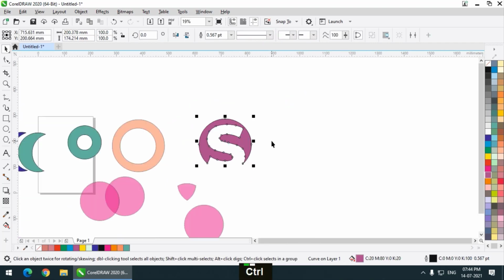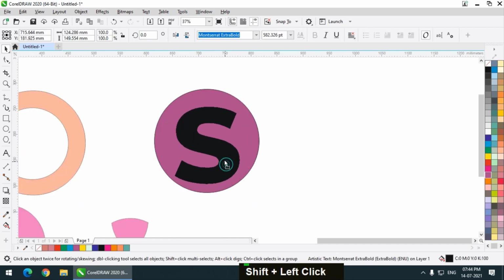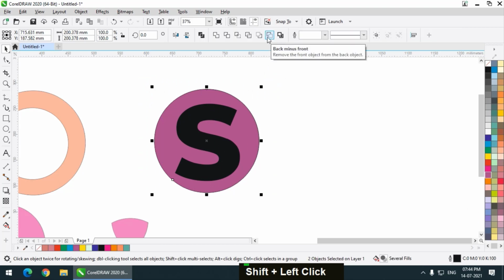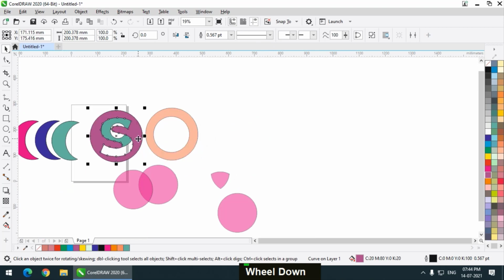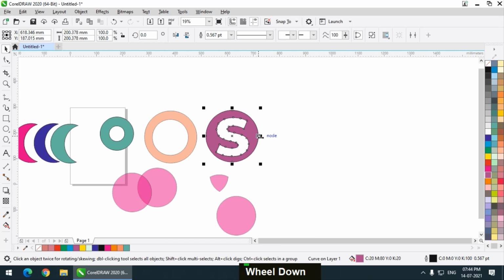We can use it as a logo, and if you don't want it at the corner, you can put it in the center and use the same option, back minus front. Then it will work like this. You can see the objects at the back. So this is one way to create some simple logos.